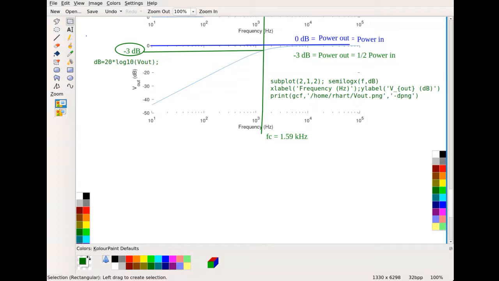So V out is half. So let me show you this equation. Here's the octave code for that. Okay. All right, so